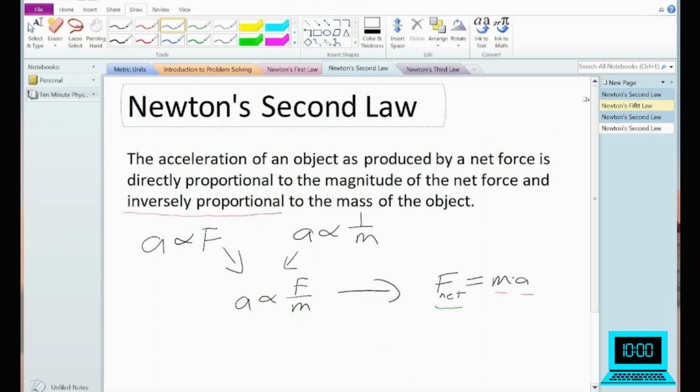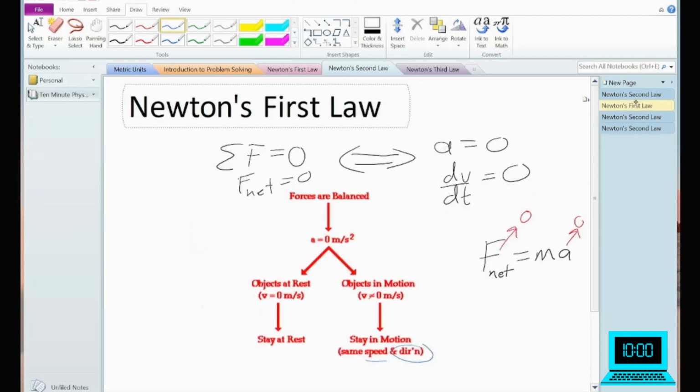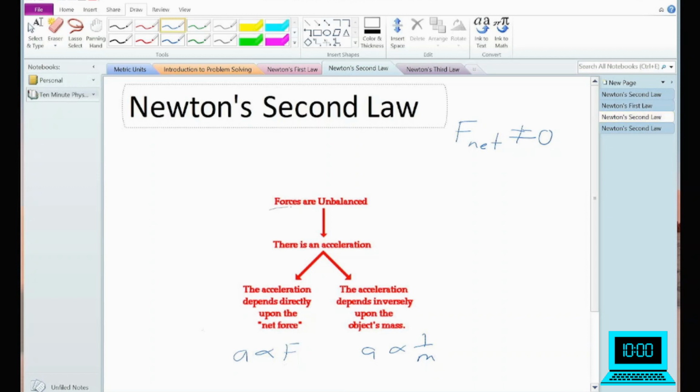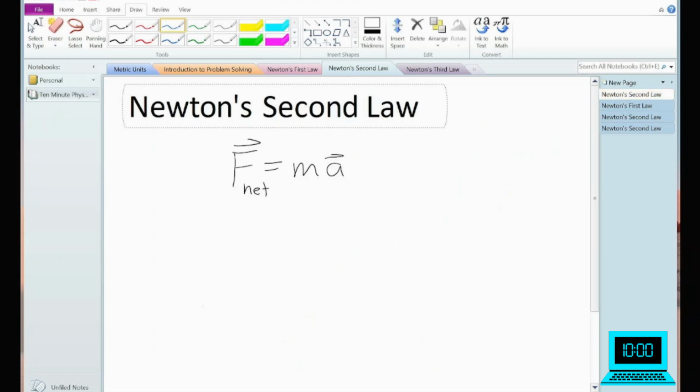But what I wanted to point out was, with the first law, we are looking at what happens when the forces are balanced. With the second law, we are looking at what happens when the forces are unbalanced. And that gives a little bit more depth to this expression here. And then one final thing that I'd like to say, since this really is the heart of Newton's second law, is, and I'll go into this page so I get a little more room,